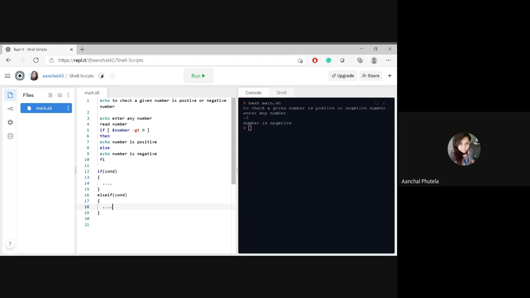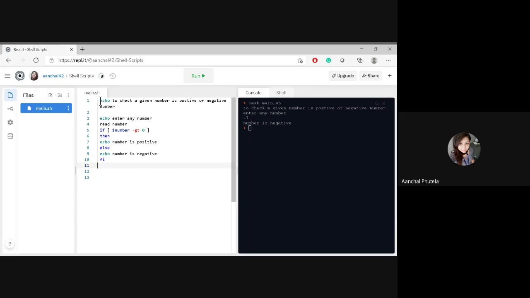Then some set of instructions will execute, otherwise else this set of instructions will execute. This is ladder if-else. You know now the syntax of ladder if-else.